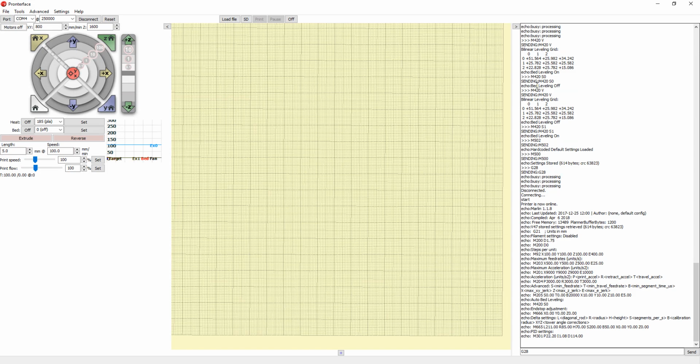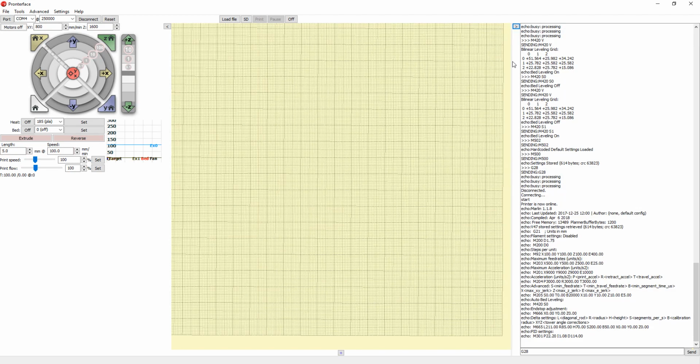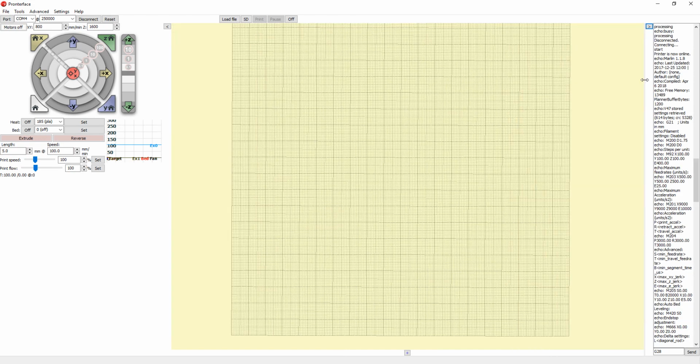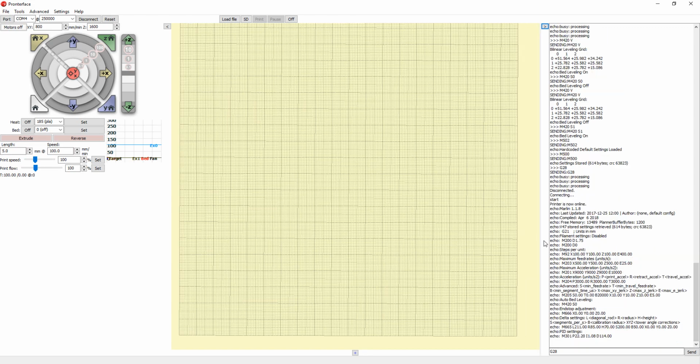If you don't have the console, there's this arrow over here which hides it, so make sure you just unhide it. You can resize it. It may be too small, so just resize it to whatever you feel comfortable. And once it's connected,